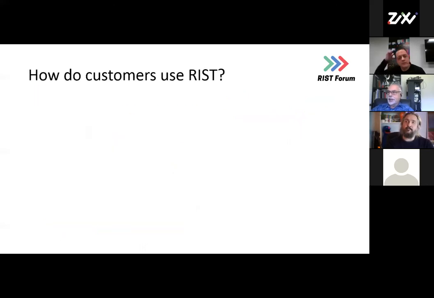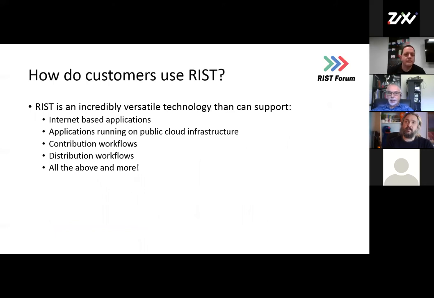So I think one of the things we want to talk about first of all is how do customers use RIST? What is the real reason that we would want this kind of capability that we've been talking about so far? And the answer is very broad. There's a number of different applications and deployments that use RIST that could benefit from the reliability and interoperability that are so inherent in that protocol. Anything that uses the internet is the Wild West when it comes to connectivity, and anyone that's tried to send RTP FEC over a long internet connection will know intimately how difficult that is for live video applications.